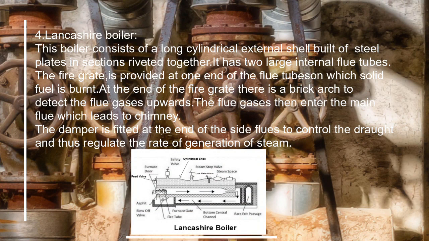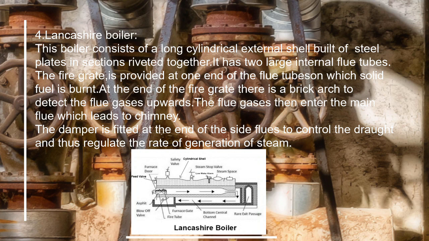These boilers have a cylindrical shell of 1.75 meter to 2.75 meter diameter. Its length varies from 7.25 meter to 9 meter. It has two internal flue tubes having diameter about 0.4 times that of the shell. This type of boiler is set in brickwork, forming external flue so that part of heating surface is on external shell.